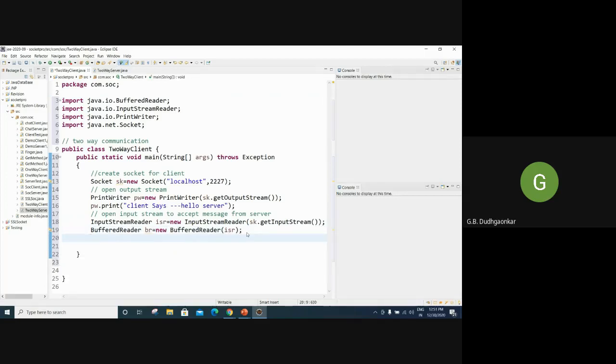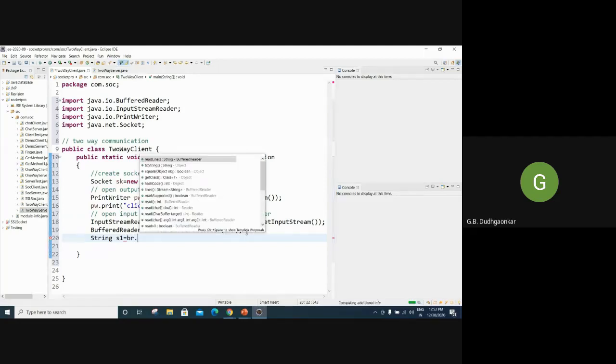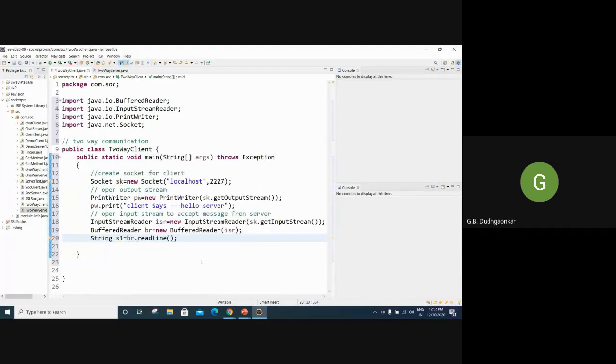So up to this, the same program is there. Again, we need one more string to store the message coming from the server, so that we can print it later on. We can use the object of the BufferedReader along with read. Whatever message is coming from the server in byte format will be converted into a string, and that string message can be stored in the S1 string variable. And now we can print that message,